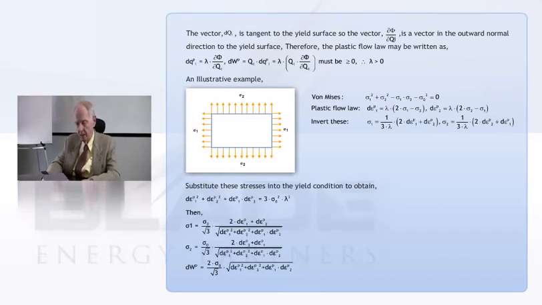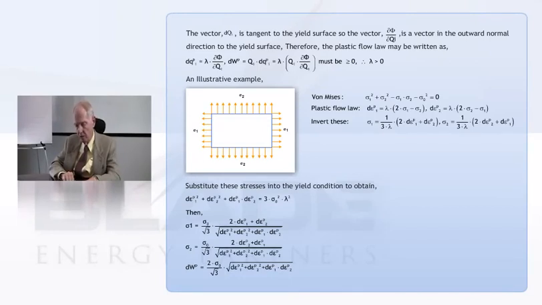And now he's talking about loading it to yield and what would happen. So he starts out writing things we already know about: the von Mises condition, the plastic flow law, that's this normality stuff. And then he writes these two equations, and he solves them for the stresses. So you get these two equations that involve the stresses equal some combination of the plastic strain increments. Put those into the yield condition, and